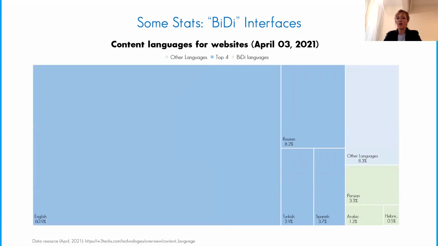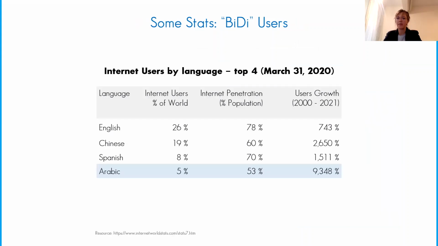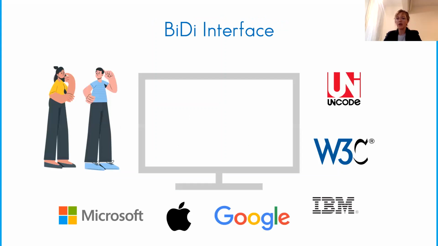The fifth part of the content language for world websites is represented by bidirectional languages, with Persian as the fifth most commonly used language in April 2021. In March 2020, Arabic was the fourth most spoken language by global internet users, with rapidly growing internet penetration. With an increasing number of bidirectional users and products in the last 3 decades, bidirectional design has become increasingly popular